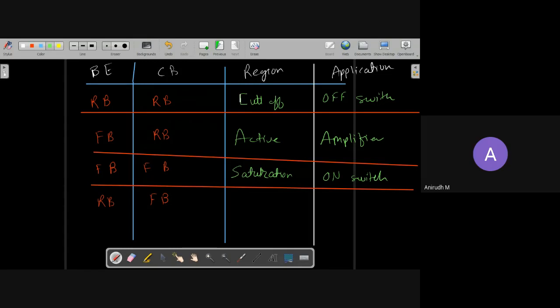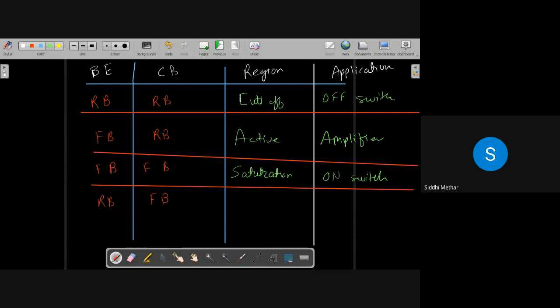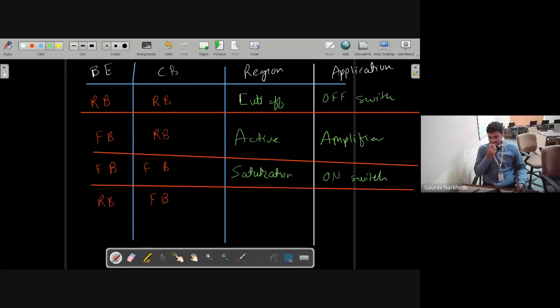एम्पलीफायर क्या होता है, सुना है कभी एम्पलीफायर? Yes, sir. व्हाट इज दैट एम्पलीफायर? अभी आज के जमाने में थोड़े कम है, बट व्हाट इज एम्पलीफायर? Increases the voltage. यस, वेरी गुड।